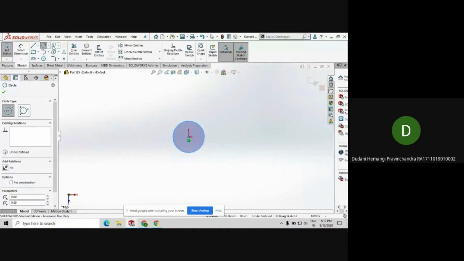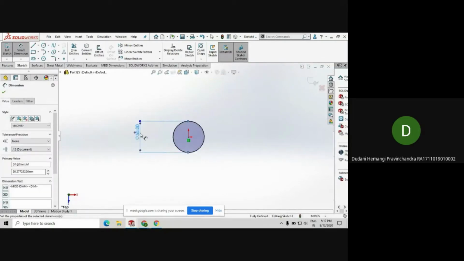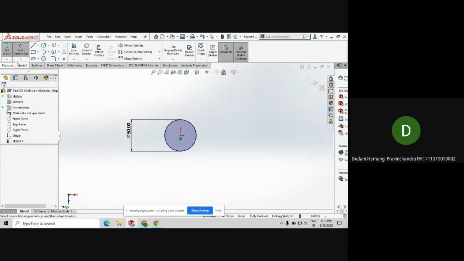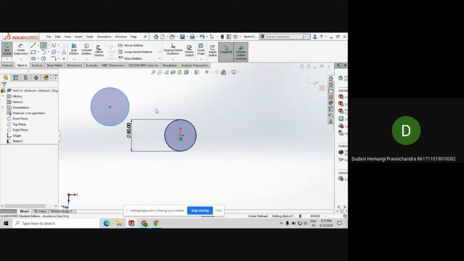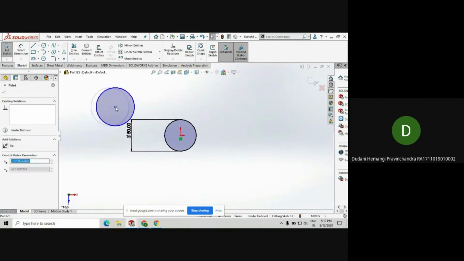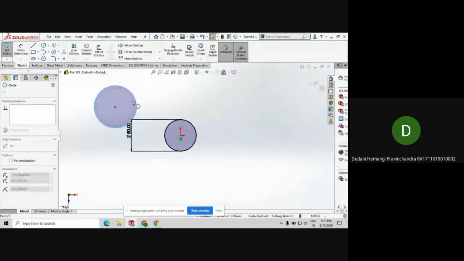There are various default shapes available that you can start your sketch from, and this is the smart dimension feature, using which you can give dimensions to the entities that you've created. I'm going to give some dimensions here. Now, if I make another circle anywhere on the plane, it will be a blue circle. But this one here is black as it is constrained. Any sketch that you make can move freely, like this circle can move around, because it is not constrained relative to the origin. Also, the diameter is not given.